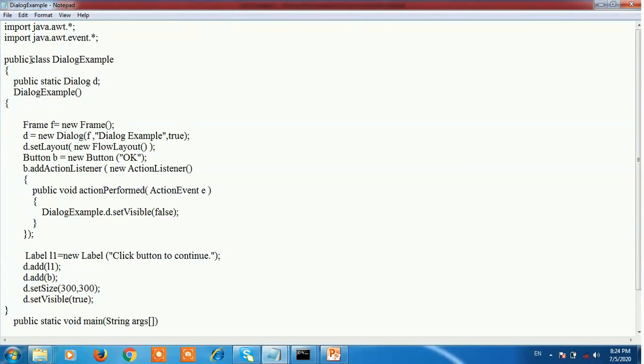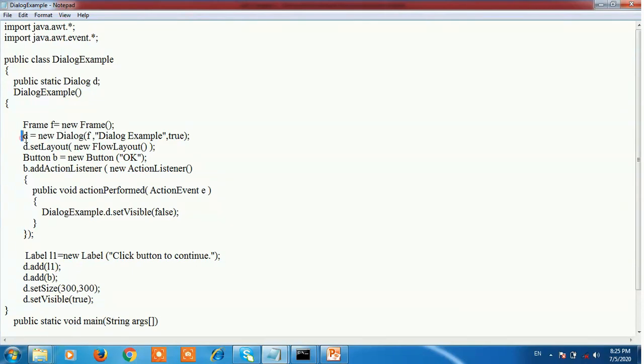Now next, create a class, public class DialogExample. In that, first create an object of the dialog, D is an object of Dialog. Then create a constructor DialogExample. In that, first create a frame, f is equal to new Frame.